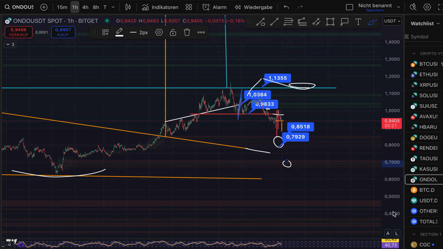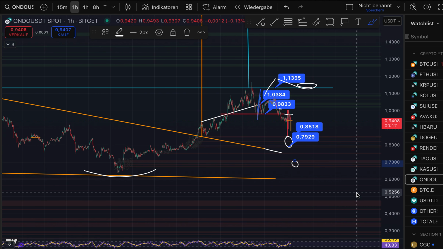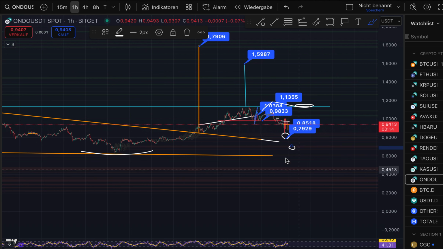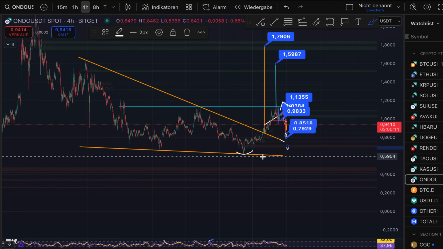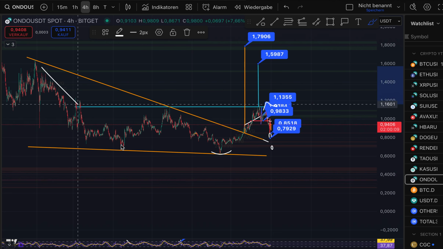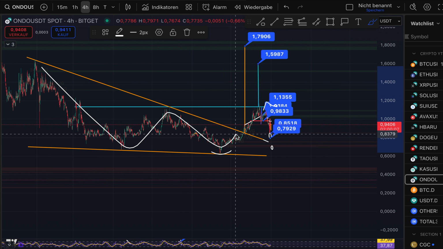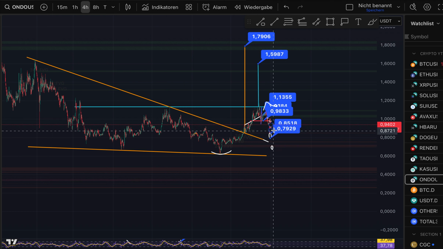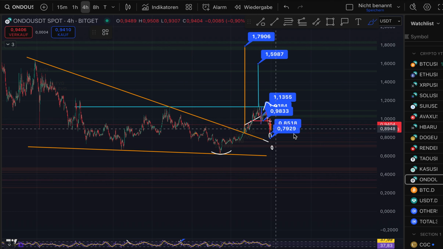So basically, there I also want to look for more long positions, because for ONDO, we have 4 bigger plans, similar to Kaspa. We had on the 4-hour chart a falling wedge, which broke to the upside, but we had to break the $1.135 to the upside to look for prices up to $1.60. If we get our second retest, and the second retest can happen, and if we just make this trend line here,